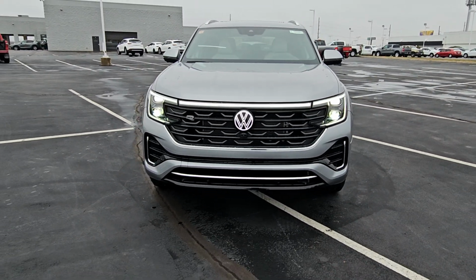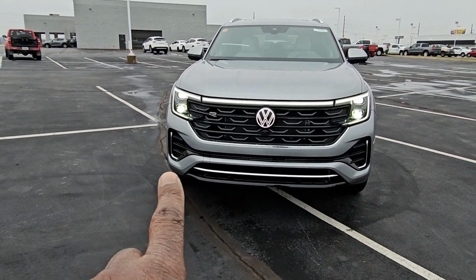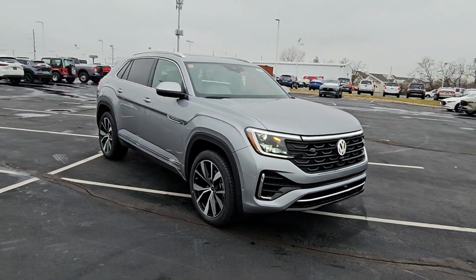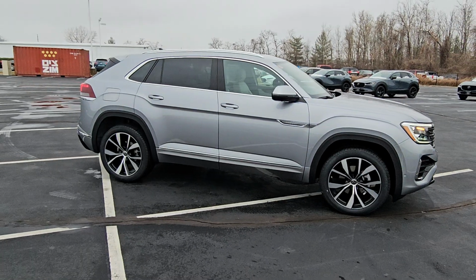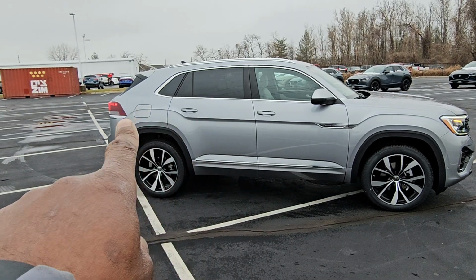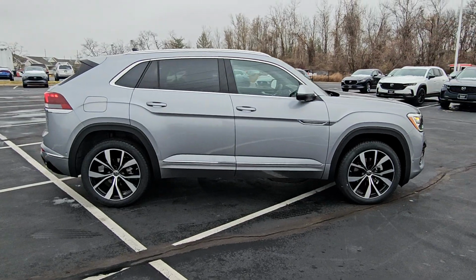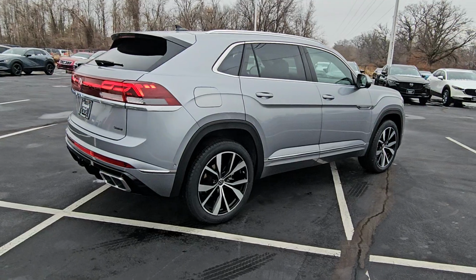You also have a splash of chrome down here at the base of the R-Line bumper and a chrome over here and over here on the air intakes. Power folding mirrors, body colored mirror caps, integrated turn signals, 21-inch machined black and silver alloy wheels, a nice sharp bowl line that goes out of the headlights over the wheel arches, under the door handles and over the wheel arch into the tail lights on the back, silver window sills, silver window surrounds. You also have silver roof rails, body color paint below that chrome line,